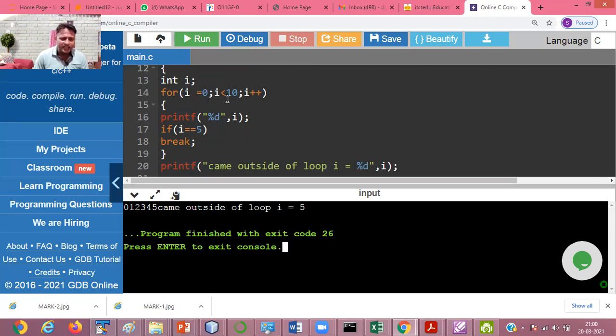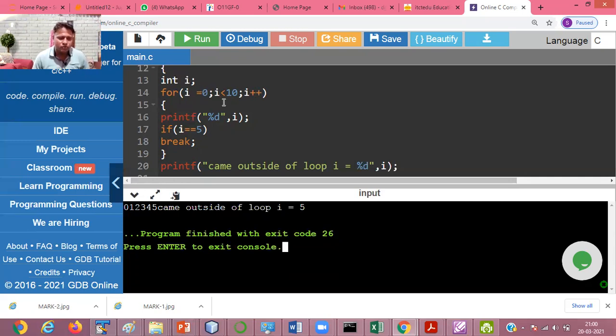1 is less than 10. Condition is true. Then it is printing 1. 1 is equal to 5? No. Then the value is incremented to 2. 2 is less than 10, condition is true, then it is printing 2. Now 2 is equal to 5? No. The i value is incremented to 3. 3 is less than 10.